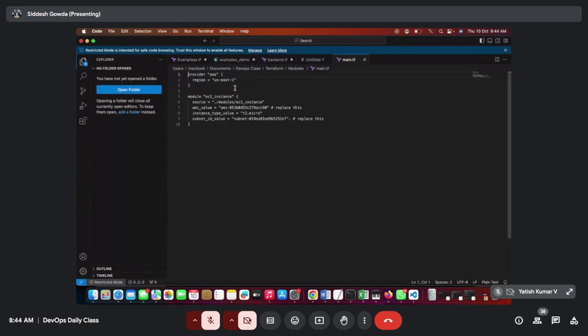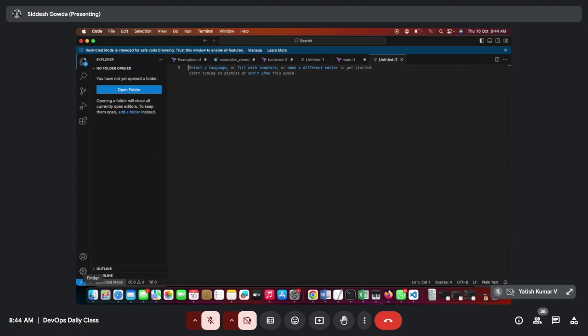Okay, so here I'll be creating an EC2 machine. Let's take an example. EC2 machine, this will be our module. So our module, and then here you can see,